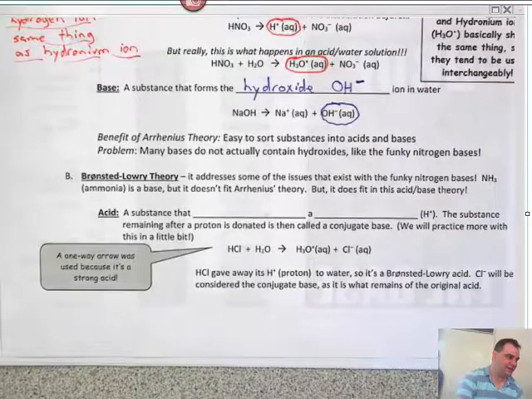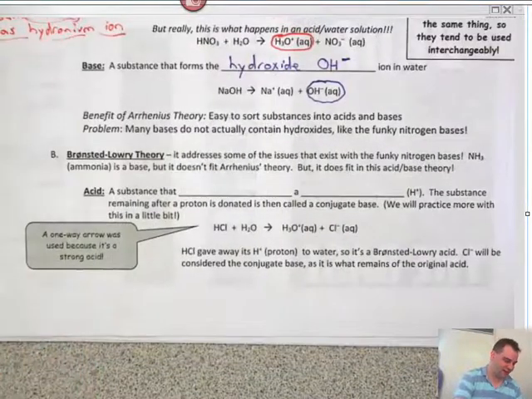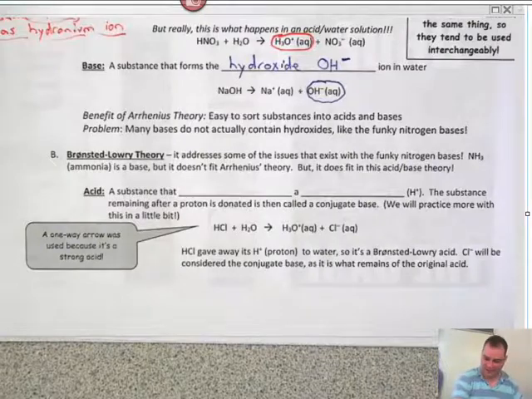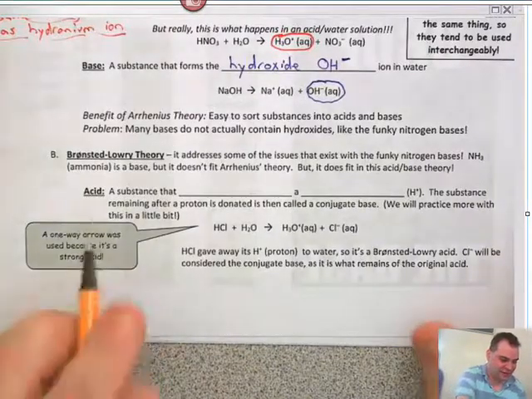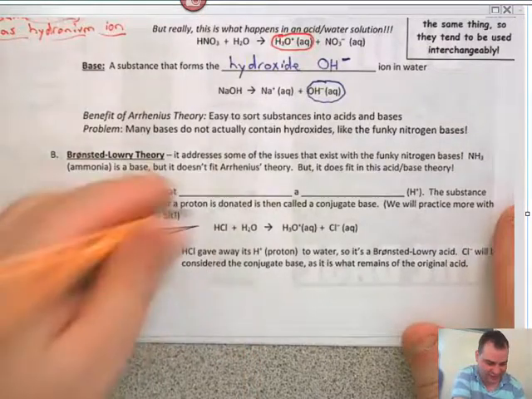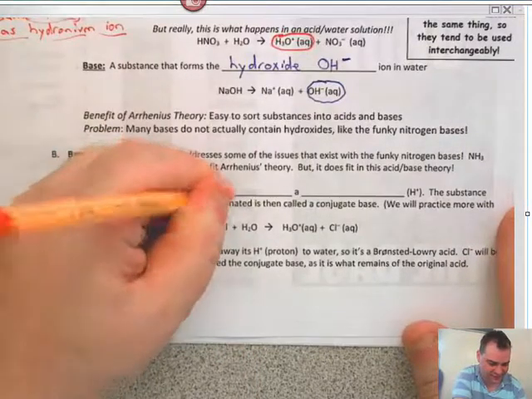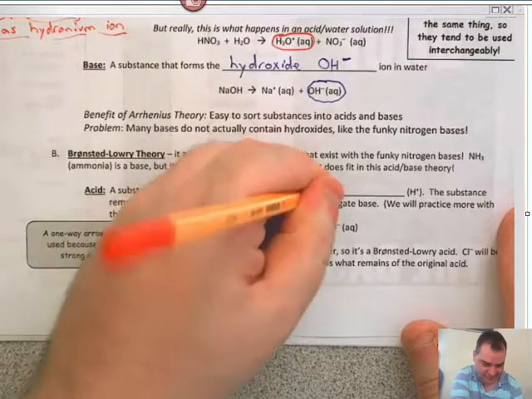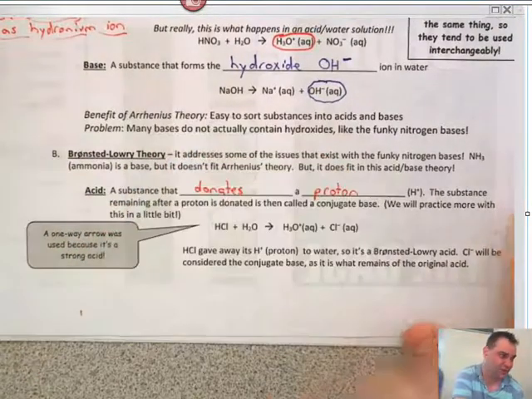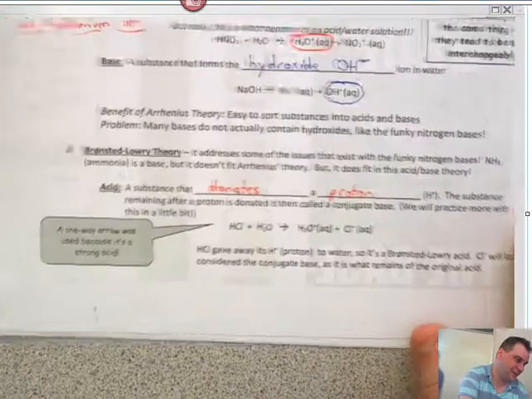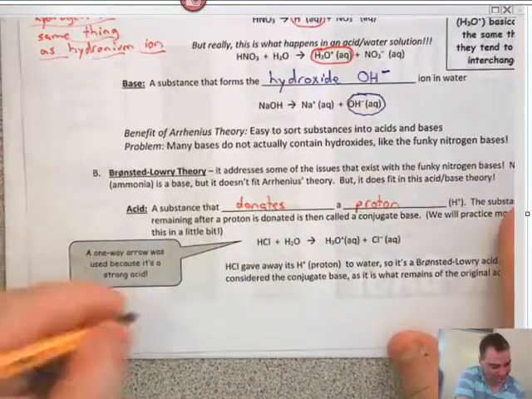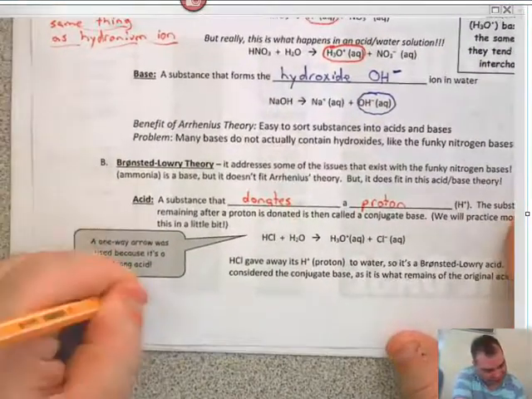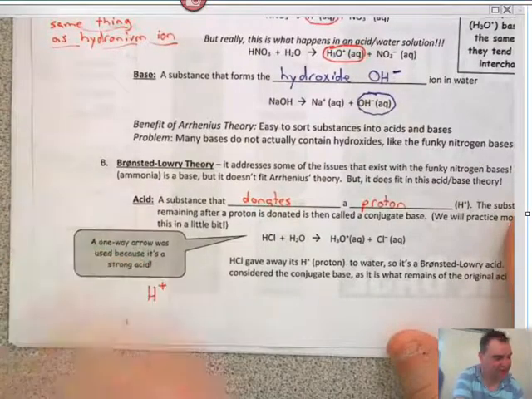So then there's the Bronsted-Lowry definitions here. Those came next. He said that an acid is a substance that donates a proton, which is an H+. Here we go. Good fun here. So if we're doing H+ here,